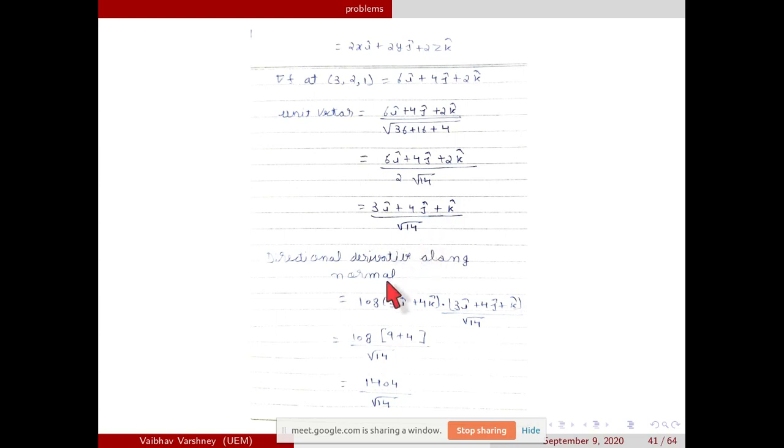Arhit. Okay. Yes, yes. For directional derivative we have to multiply with the unit vector. Even if you are not calculating a directional derivative, say we did one question on the component of one vector in the other direction, in that case also we take the dot product of one vector with the unit vector of the other. This is what we did, na? It's sort of the same. The only thing is that in directional derivative we have to do the dot product with the gradient of the function. The gradient will give us the normal vector. Okay? Okay, sir.